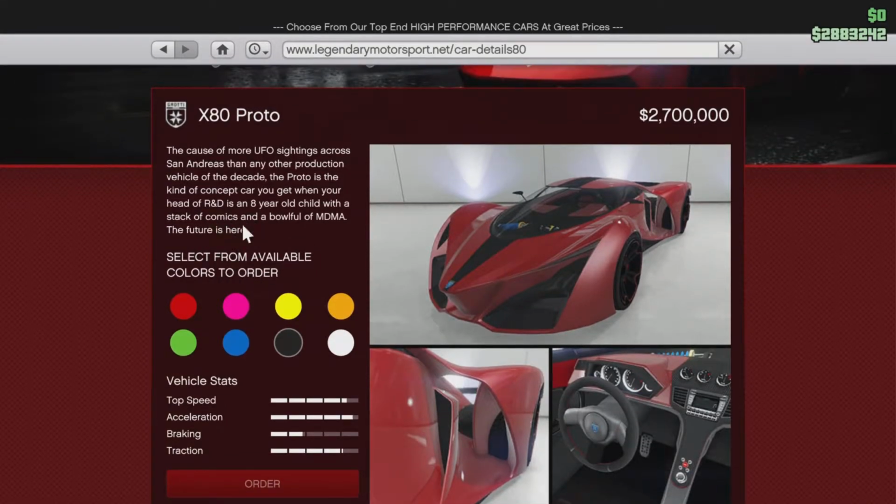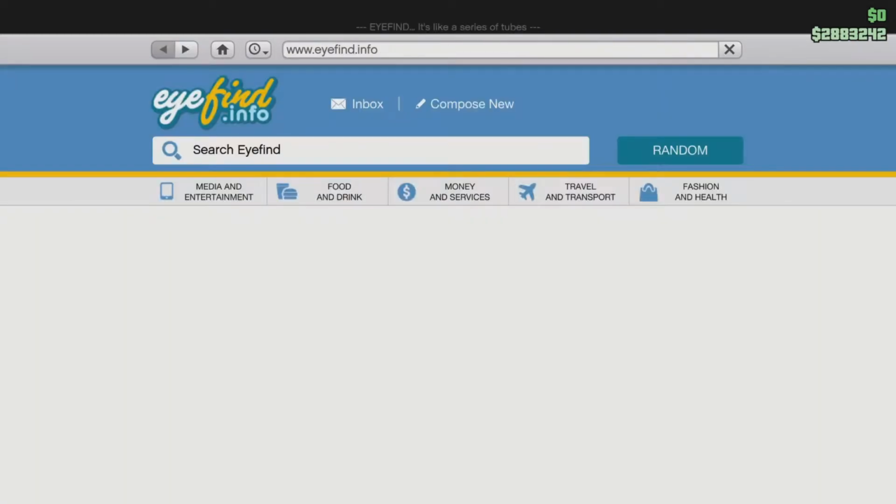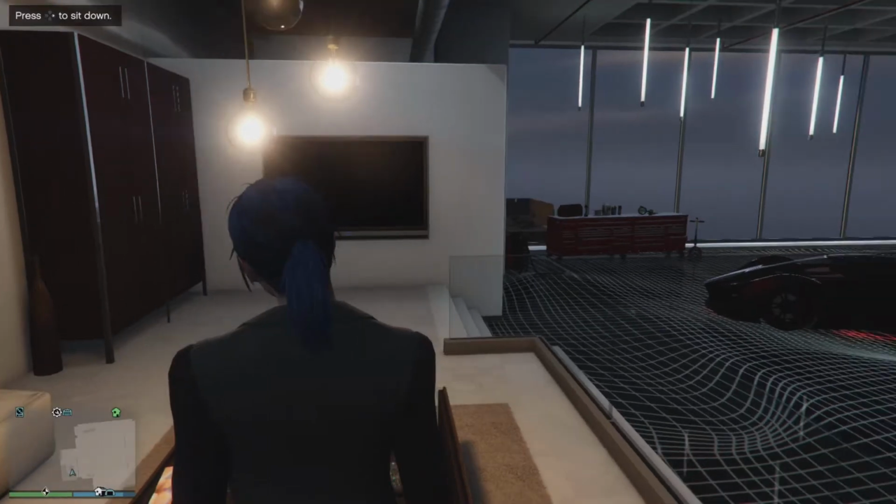So, this car is reported to, quote, "be the cause of more UFO sightings across San Andreas than any other production model of the decade. The Proto is the kind of concept car you get when your head of R&D is an 8-year-old with a stack full of comics and a blow full of MDMA. The future is here." And, yeah, needless to say, this car is very much futuristic, with the LED strip lights